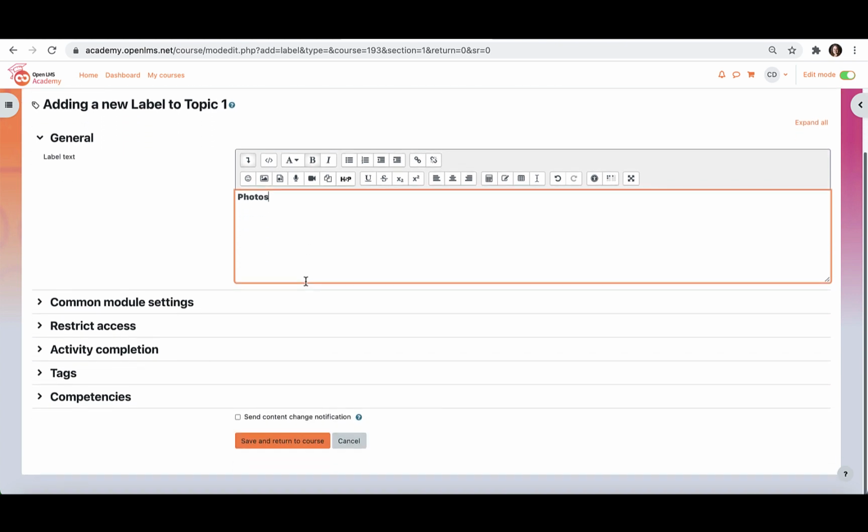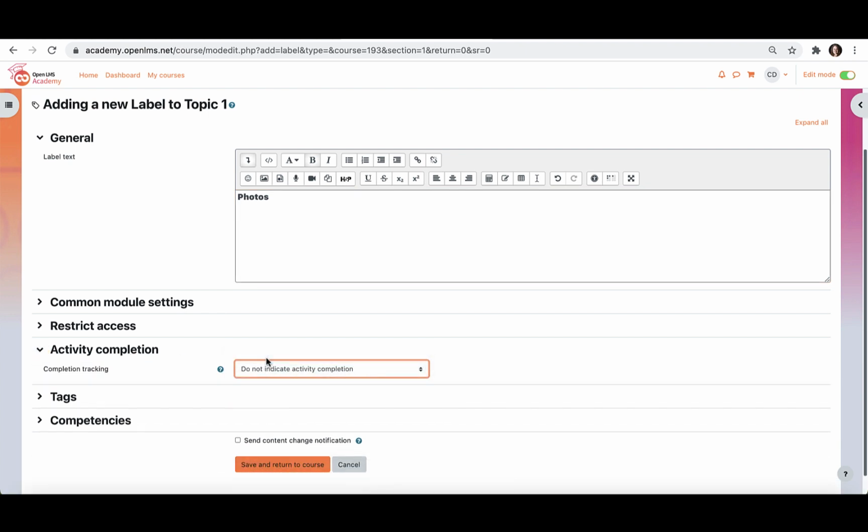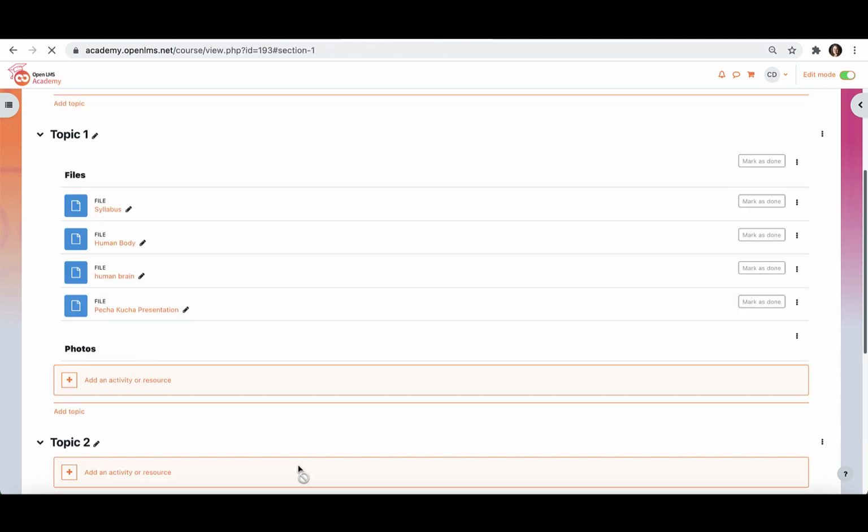Now, one thing I do like to point out here as well, if you do have activity completion enabled, and you are going to choose to use the label resource, I would recommend just not indicating activity completion on this, because then students will have to actually click on it in order to have Moodle view it as something that's done for the course. So if you're using the labels, just don't indicate any activity completion on it, and that'll make your lives a whole lot easier. So we're going to click Save and Return to Course,